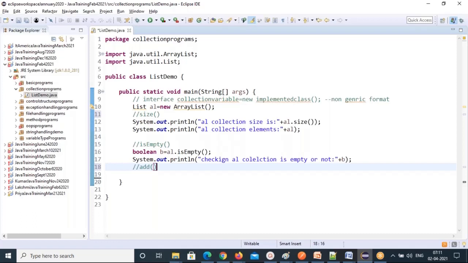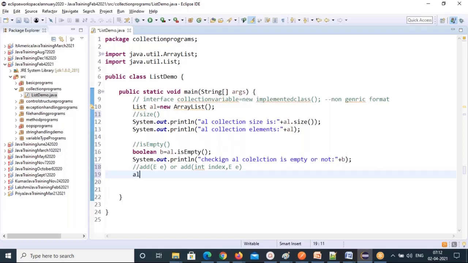So this add method: directly element E you can store, or add int index comma element E you can store. Element means a data type. It's a generic, so just one type. The element can be any type of object, right? That's because we didn't specify any data type here. Now what is the data type of your collection? Object. Object is the data type. So any object you can store.